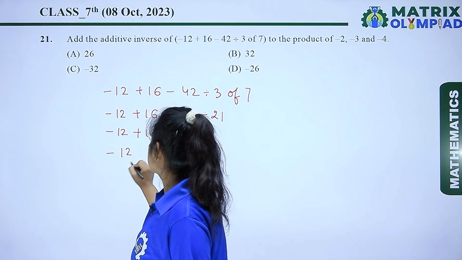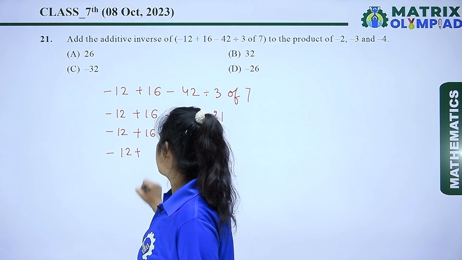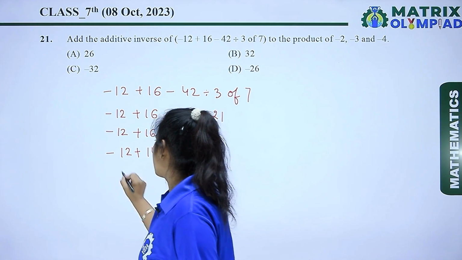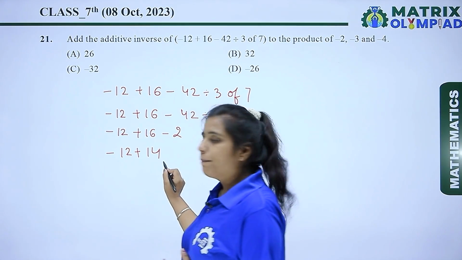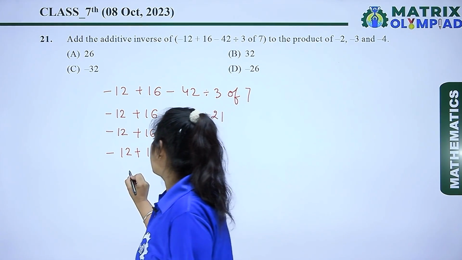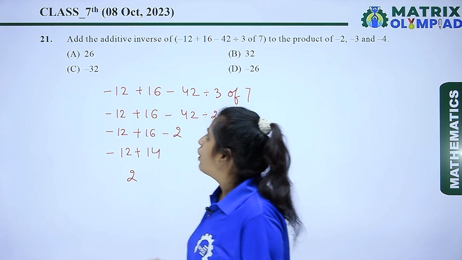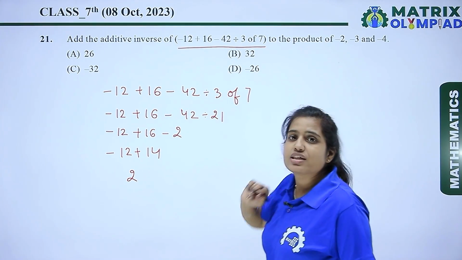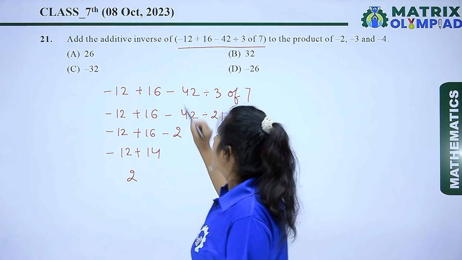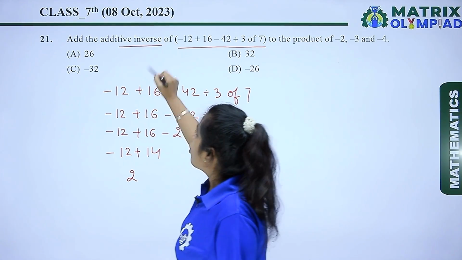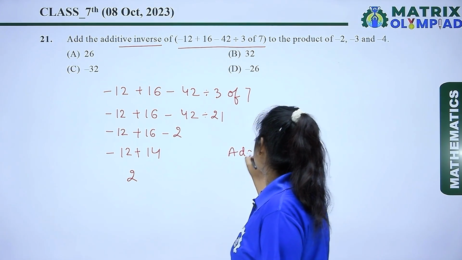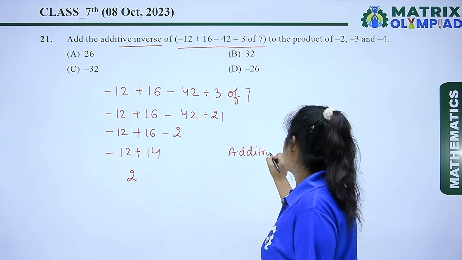Now, minus 12 plus 16 minus 2 is 14. Minus 12 plus 14, we get 2. Now, the answer of this expression is positive 2. But the additive inverse of 2 is negative 2. So, we get the additive inverse of 2 is